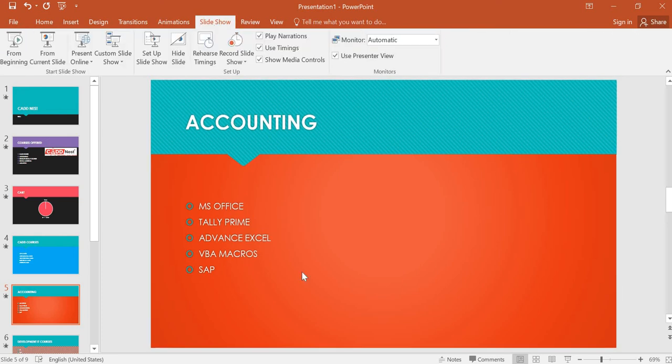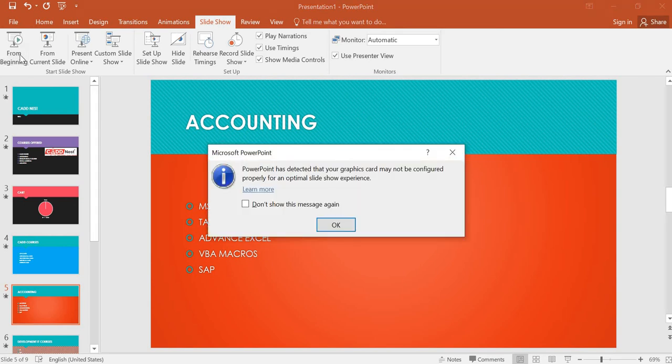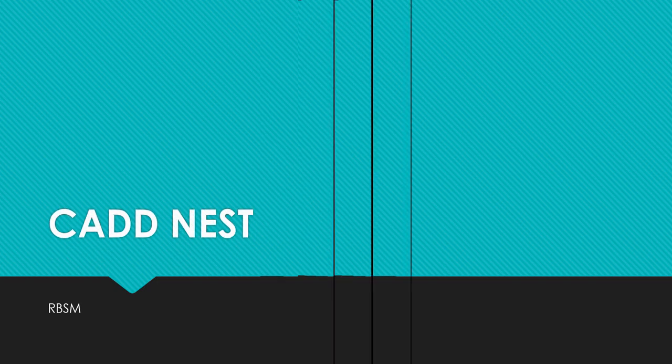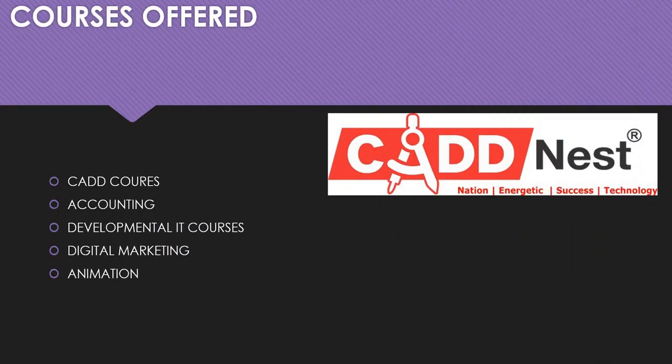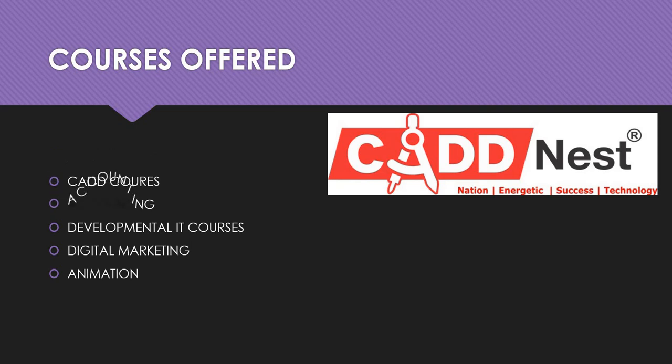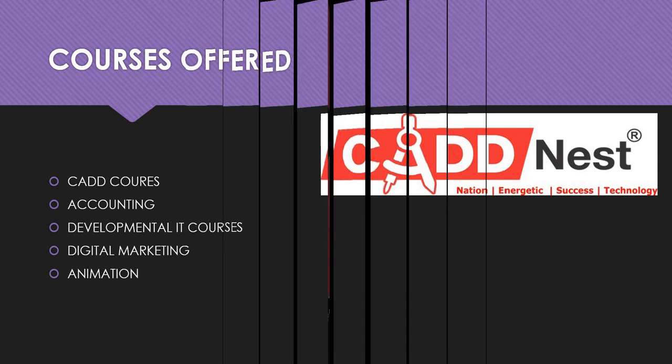I'll move on to slideshow. In the slideshow, I have the option called from the beginning. Once you're done designing everything and providing the information, whatever you want to write inside it, you can go for slideshow. And if you want to play the slides, we'll go for from the beginning. The slides appear from first to last. As I have provided the timings, I need not give the next arrow mark or previous arrow mark to move from first to the second. It will operate by itself.